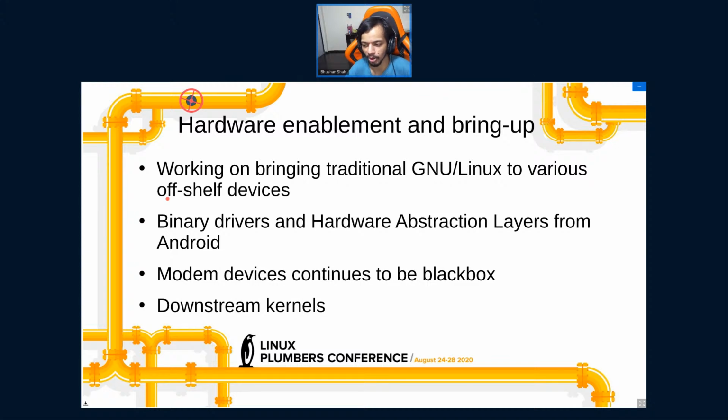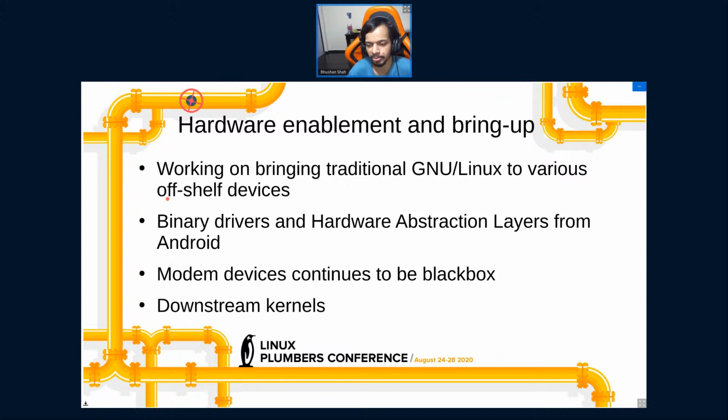Also, the downstream kernels. I doubt there are new devices in the market which use super old versions of the downstream kernel, but still they are sometimes 1 or 2 years behind the current version, so you cannot easily make use of newer kernel features.